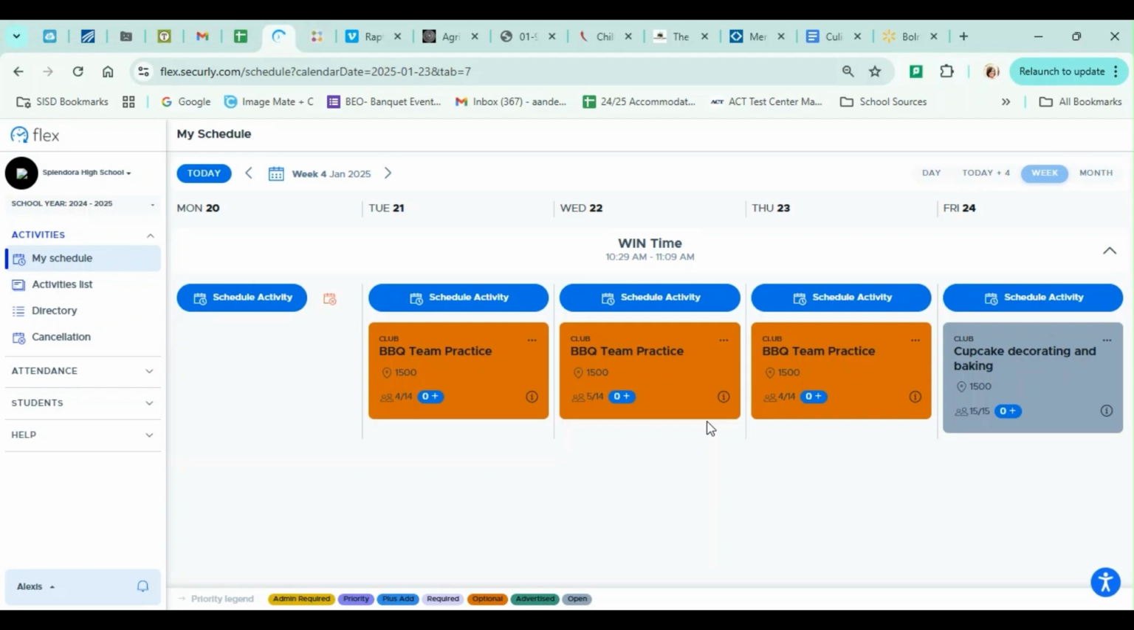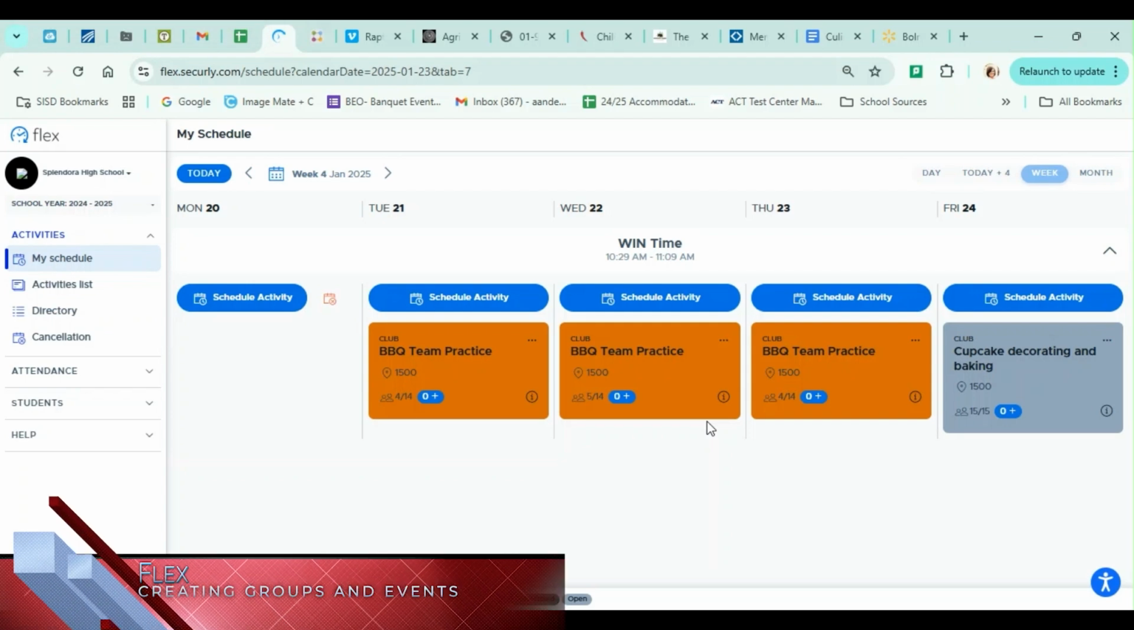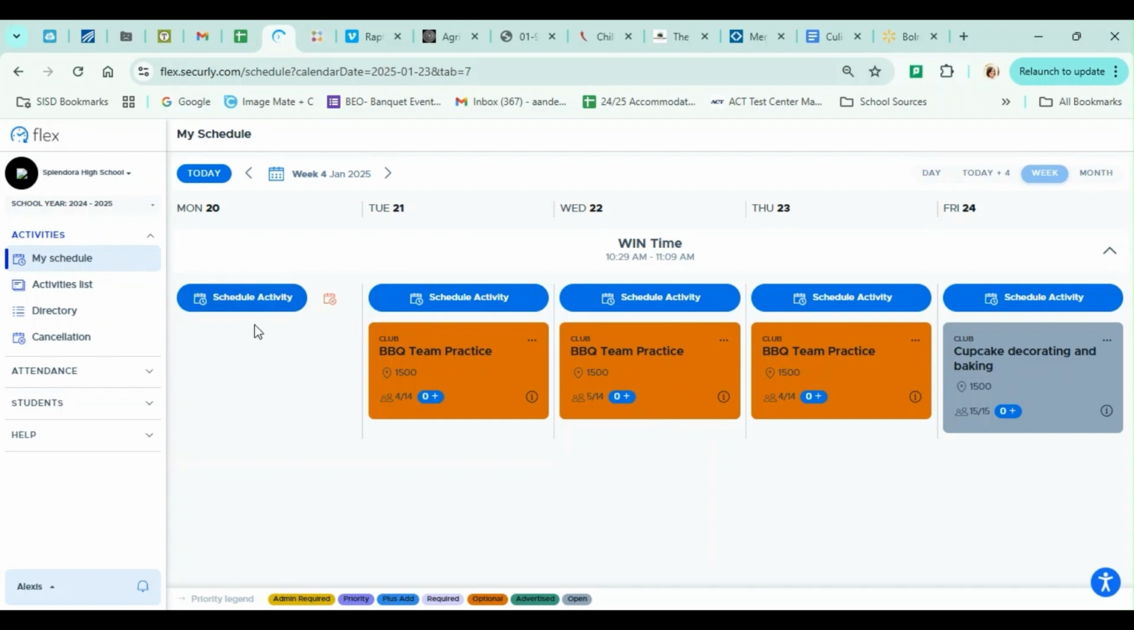Your ClassLink app will automatically pop up with your schedule for the week. I'm looking at next week's schedule, and as you can tell, I have things scheduled throughout the week already. However, since we do not have school on Monday, I do not have anything scheduled for that day in particular. So I'm going to show y'all how to create a group and then create an activity and then schedule those